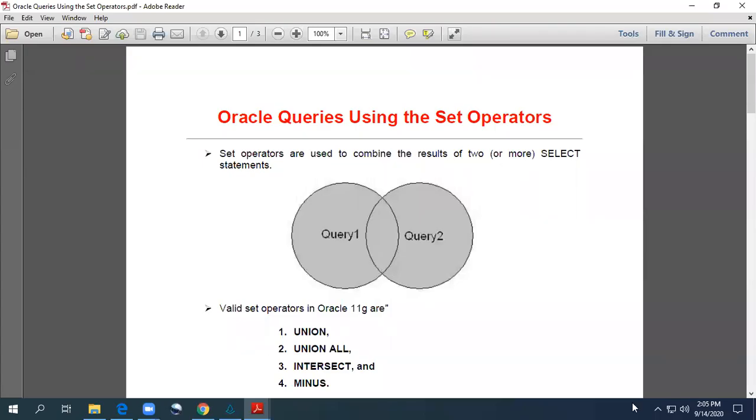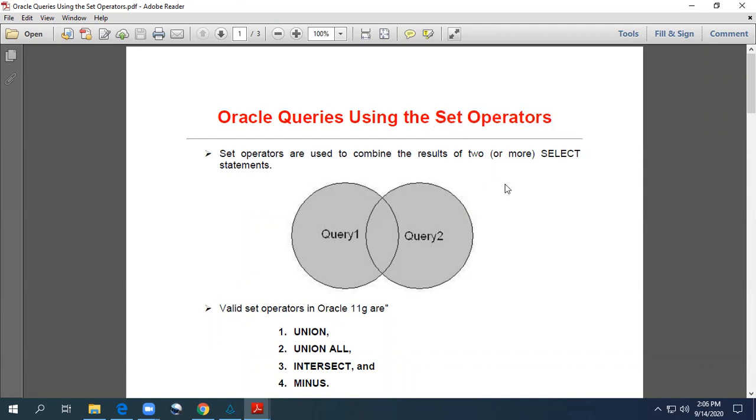Hello everyone. In this session, I will cover the next topic of DML operation, that is set operators. In the previous session we discussed how we can use different operators, like comparison operators and the LIKE operator, in the where clause for matching the criteria and to retrieve the selected rows from the table. Similarly, we can use set operators here. I think students, you are familiar with set operators. In the previous semester you already learned the set operators.